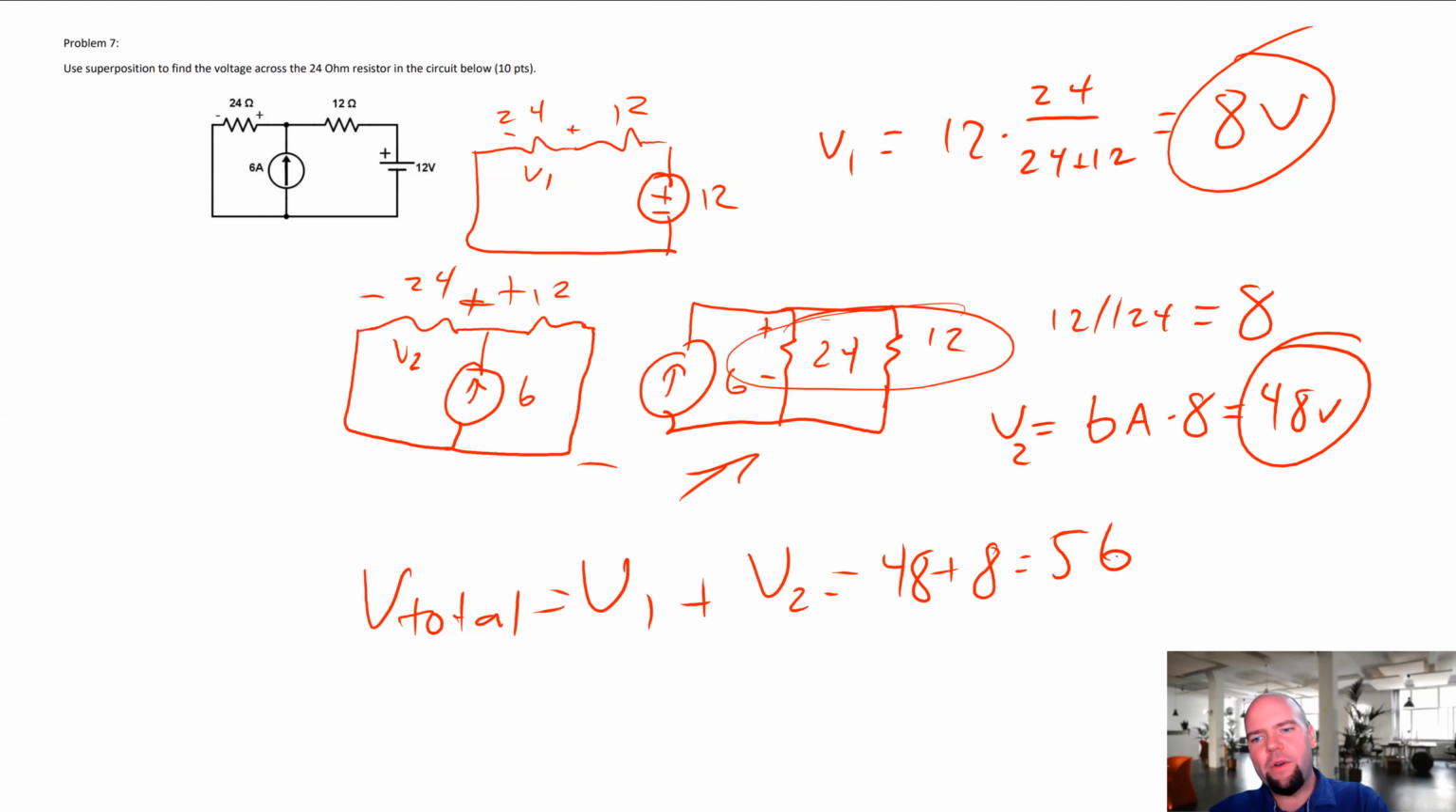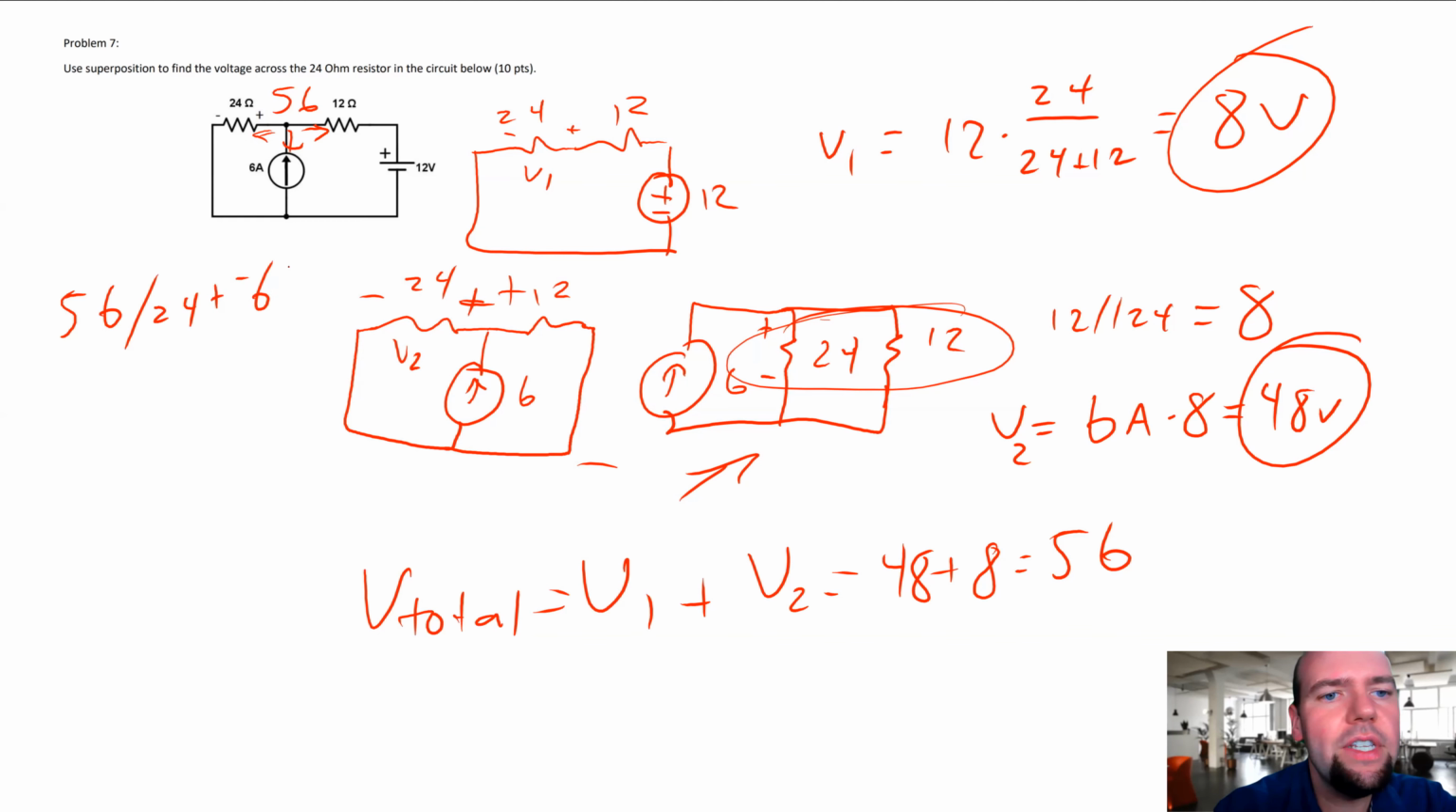All right. What if we wanted to check our work? What if we didn't trust ourselves that it was 56? We can just do Kirchhoff's current law or something. I'd say this current plus this current plus this current has to equal 0. So 56 divided by 24 plus negative 6 plus (56 minus 12) divided by 12. That should all equal 0. So 56 divided by 24 is 2.3 repeating. And then 56 minus 12 divided by 12 is going to be